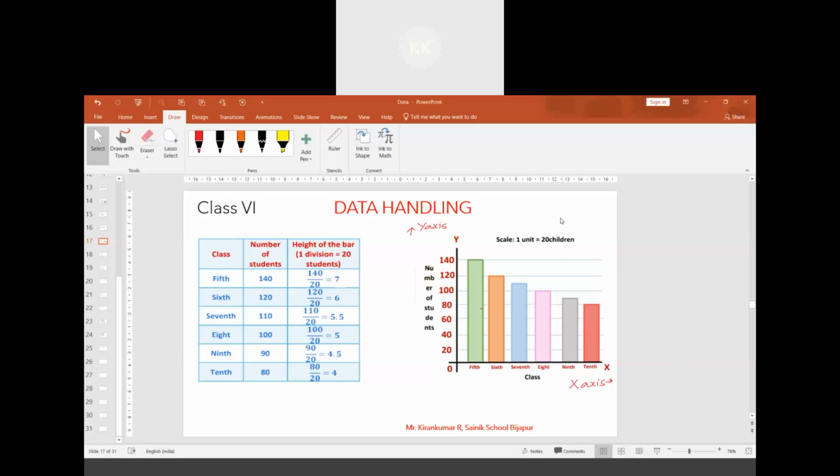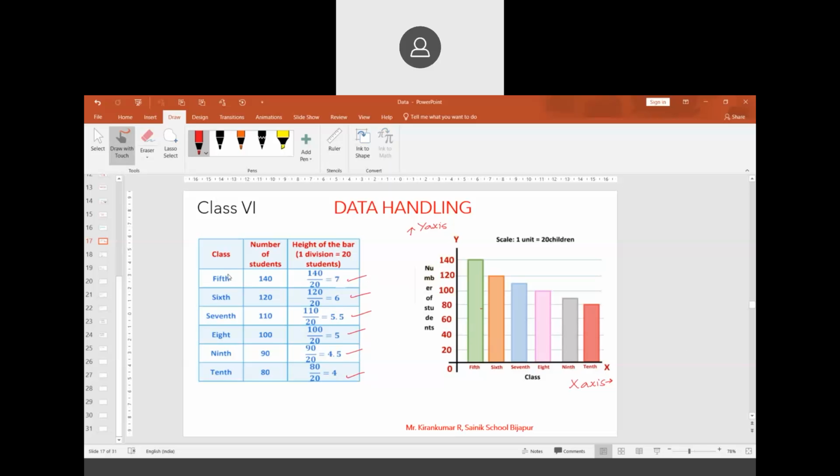Is the presentation visible now? Yes, sir, it is visible. I have connected my internet, mobile internet. Your mobile hotspot is very nice, sir. It is coming clearly. Before this it was breaking. Now it is clear. Everyone has understood how to make the scale, how to find these values? Yes, sir. Please tell it once again, sir.